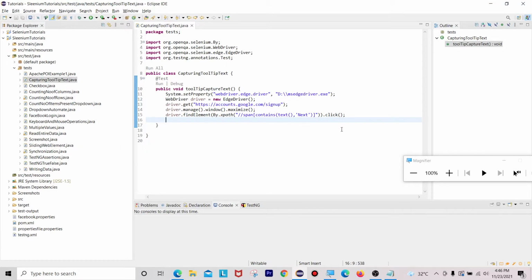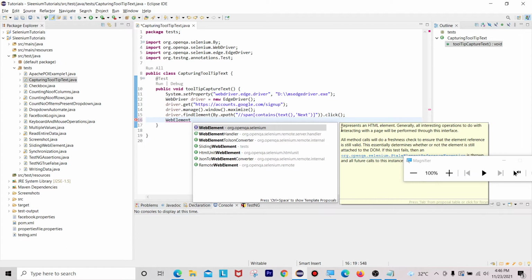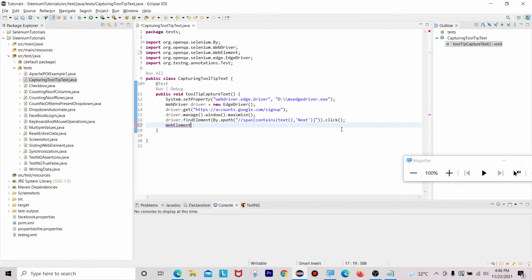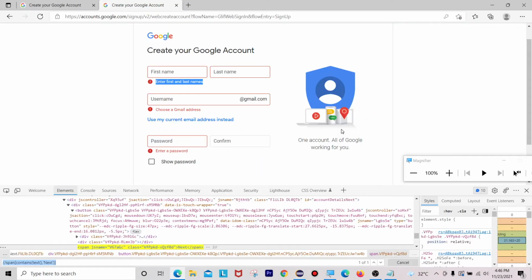Now what you need to do, I have to initialize one WebElement. WebElement is also an interface. I covered that concept also in our older tutorials, so please go through those tutorials if you want. So WebElement tooltip, I can mention tooltip equals driver.findElement(By.xpath(...)), what is that XPath, let me go to that application and inspect that one.